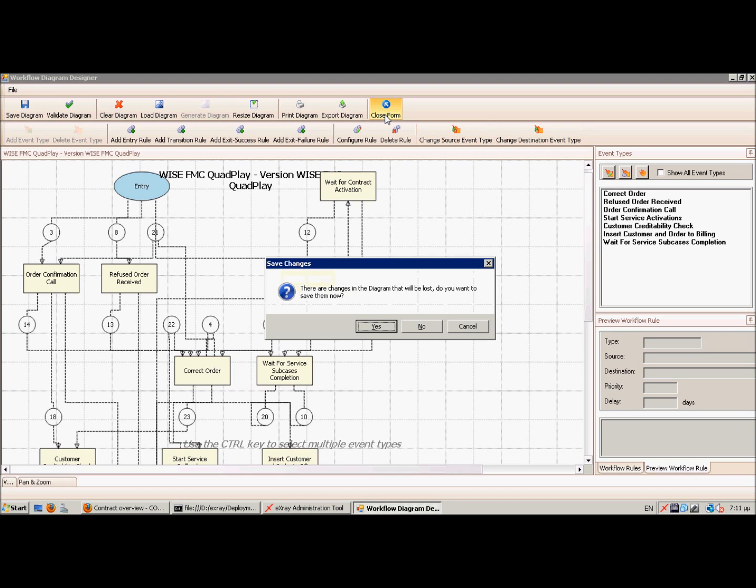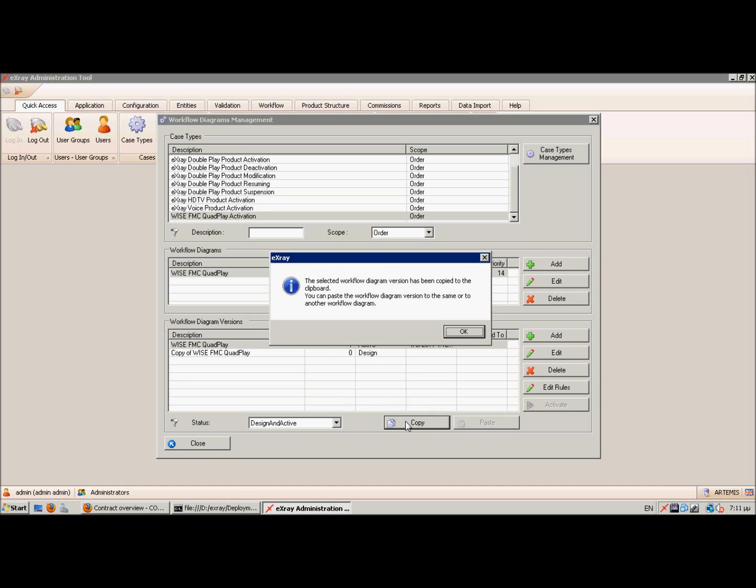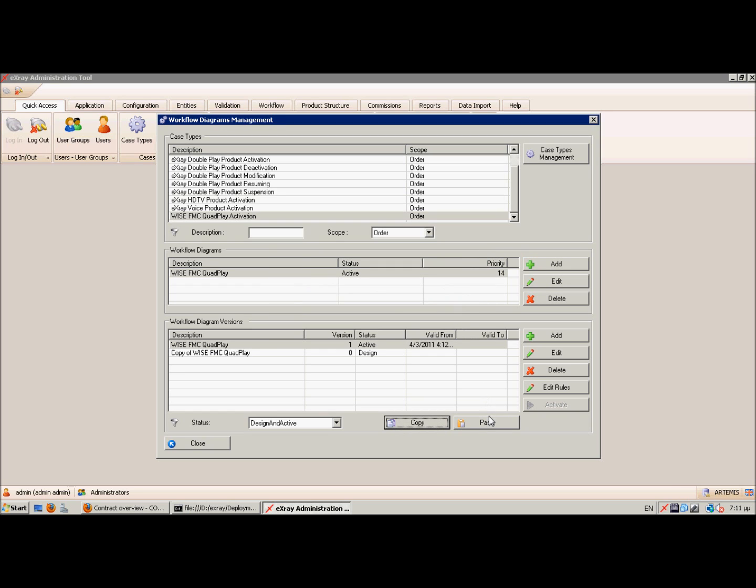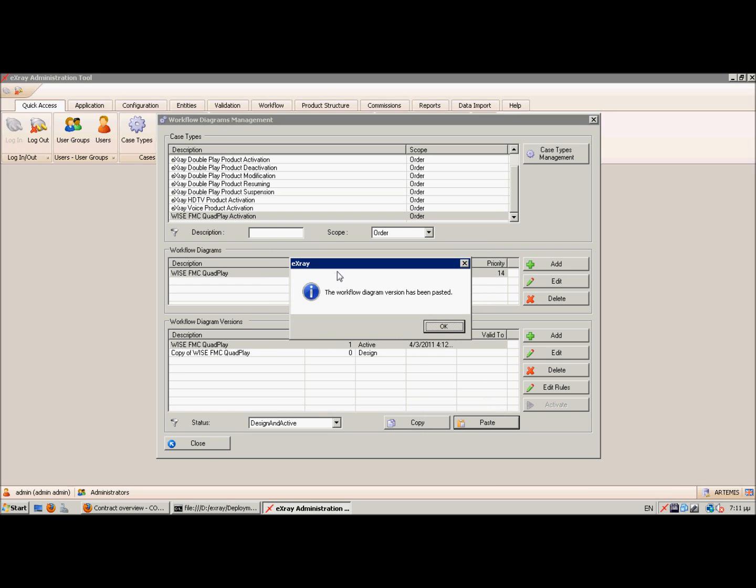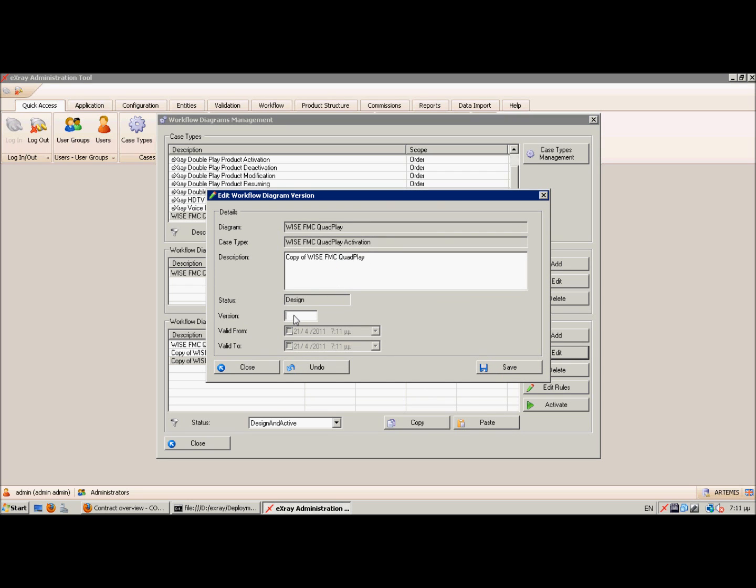Getting back to our main screen, we can see that this is an active diagram, which means that we cannot really change it. Only for specific cases would we change it. But if we want to change our process from now on to a different one, we can always copy this and paste it and create a new copy of it, define this as version number 2,